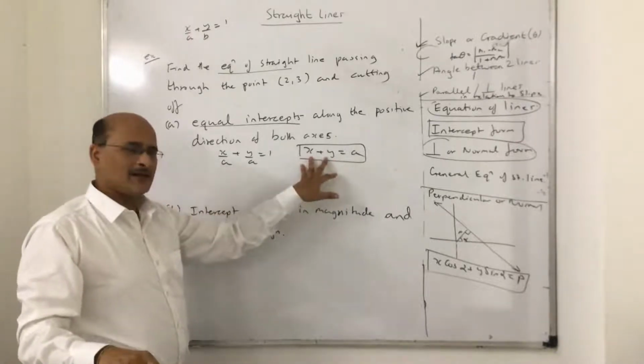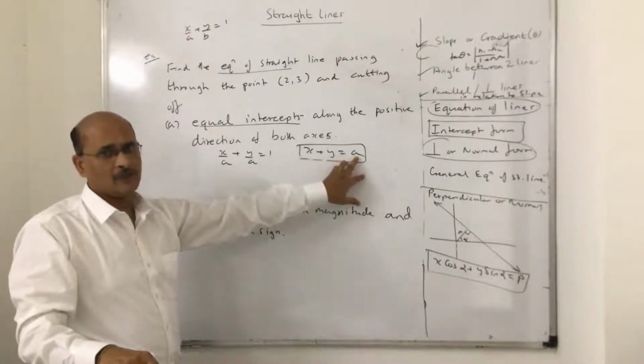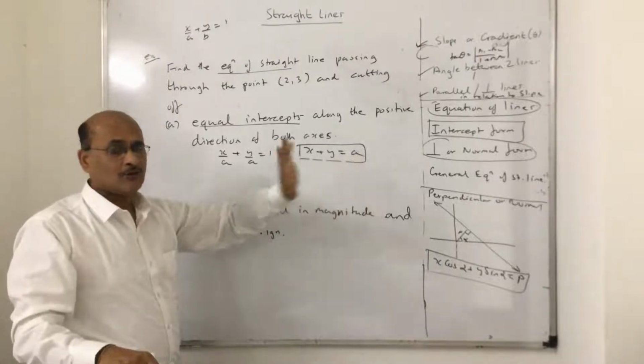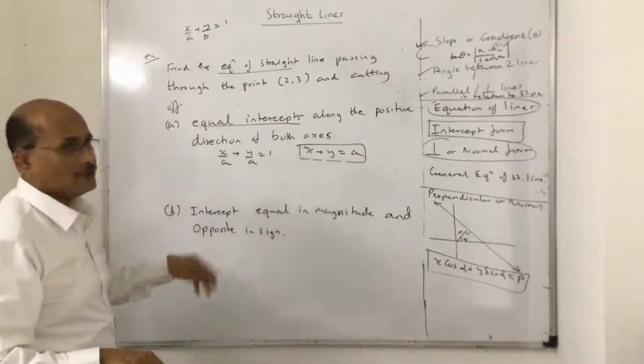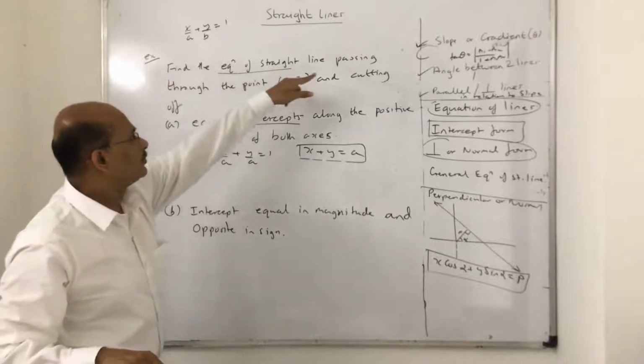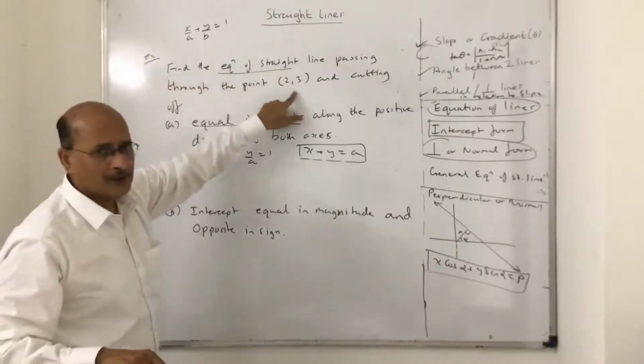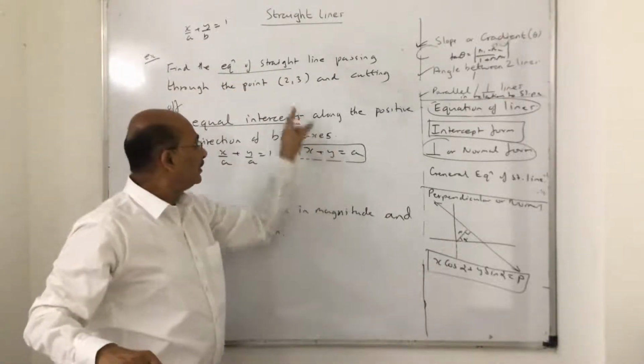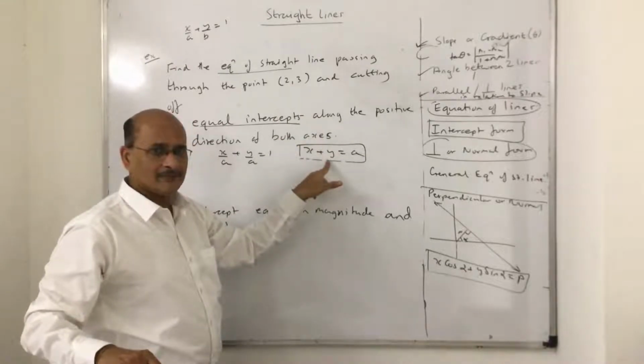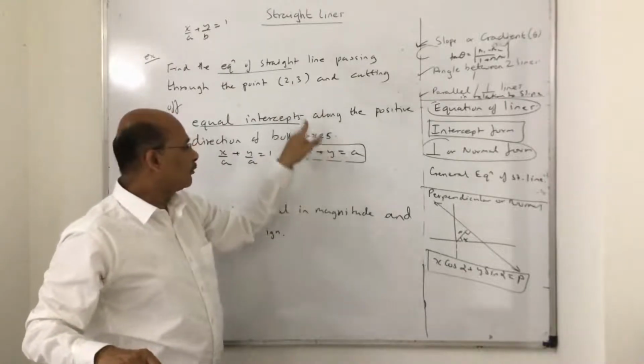Because variables I understand, but I cannot have a constant in terms of unknown format. So I will look at something beyond this now. What is given to you? Find the equation of the straight line passing through the point. That means this point lies on the line. Right or not?